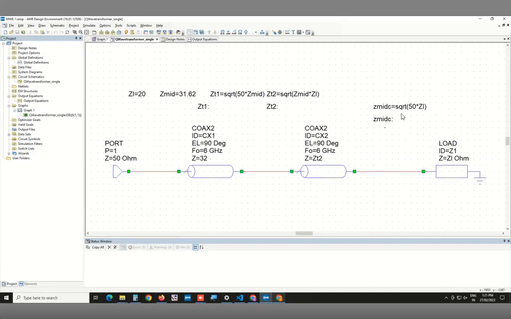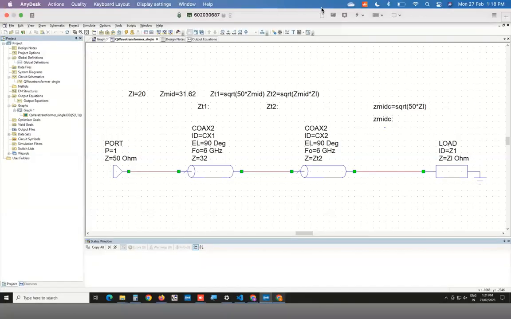And we found that it actually has the same value as the square root of the product of the 2 impedances. So the best mid value, which gave us the maximum bandwidth, was equal to the geometric mean of the 2 impedances. So the idea here is that you just extend that idea. So now you say that I have,